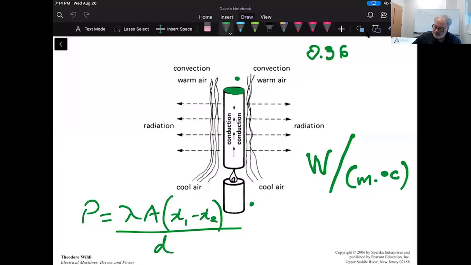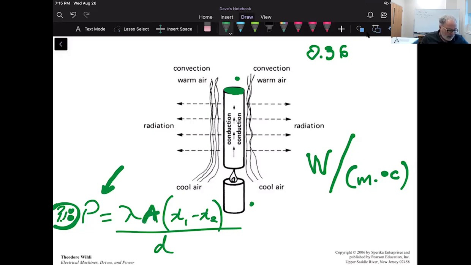So back to our specific problem, we're going to have this equation, which is 318, the equation for thermal conductivity. The P represents power. The Greek letter here, that I can't think of the name of off the top of my head, is the thermal conductivity of the body. And the A is the surface area